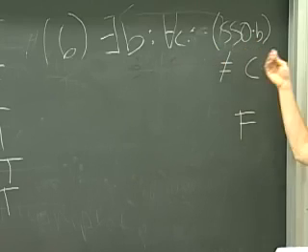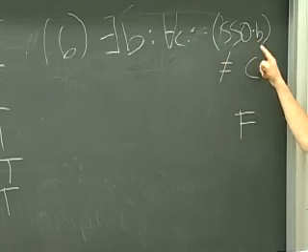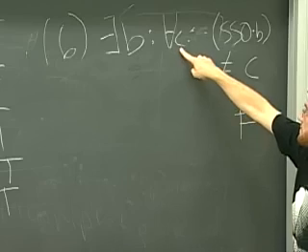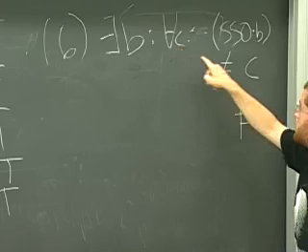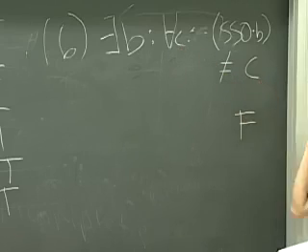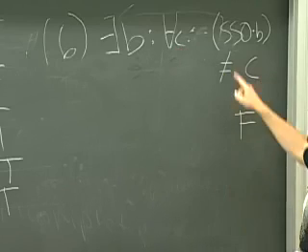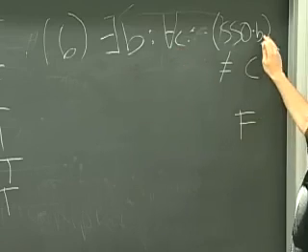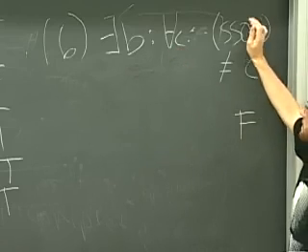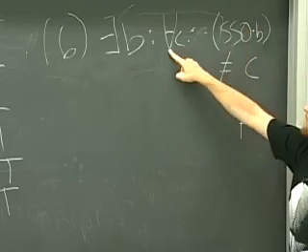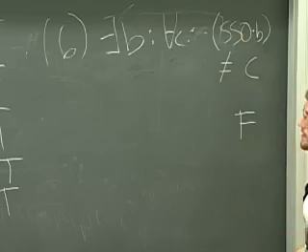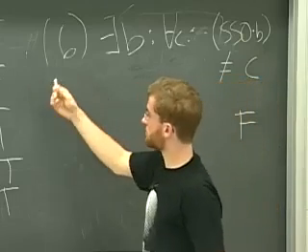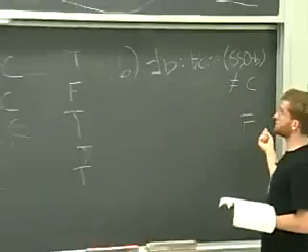Because if we specified B to be 2, that's the thing which exists, then we can find a C. So it's not true that for all C, and particularly that C value being 4. So 2 times 2 is equal to 4, even though this thing claims that this value of B, which we picked, would never be equal, regardless of what you put in here. So I think that's my answer key. True, false, true, true, false.